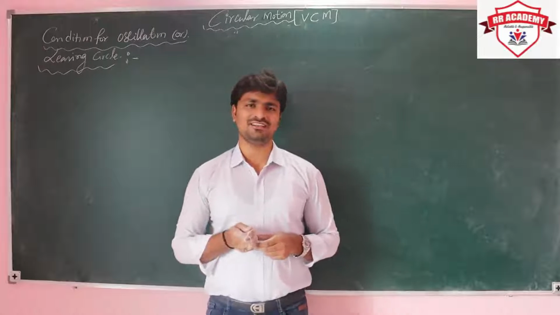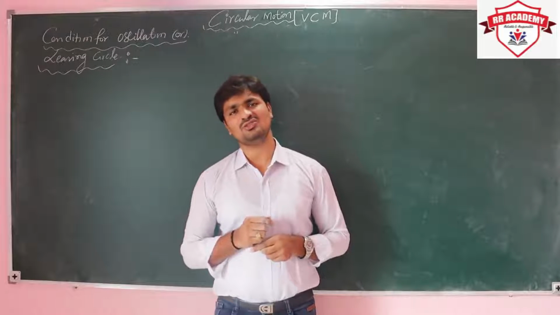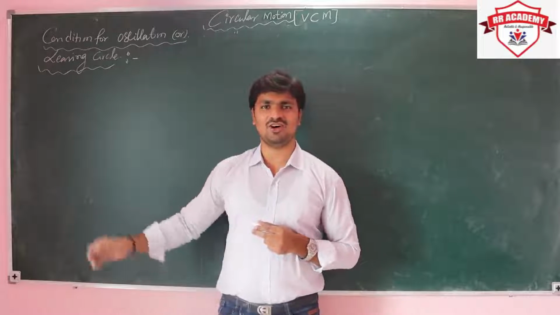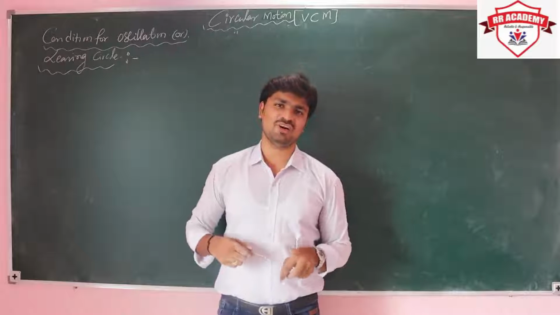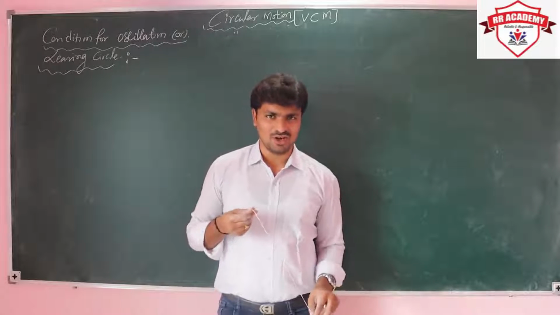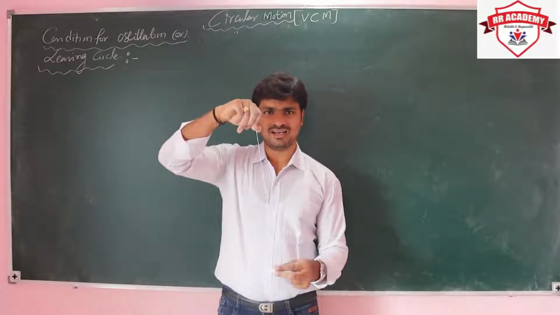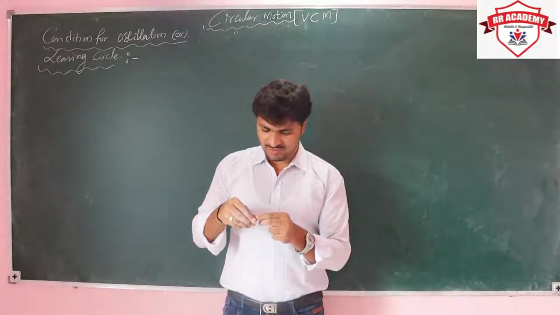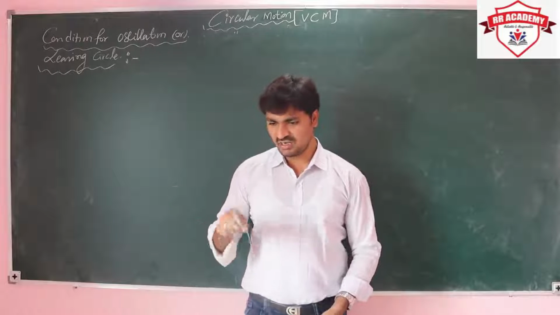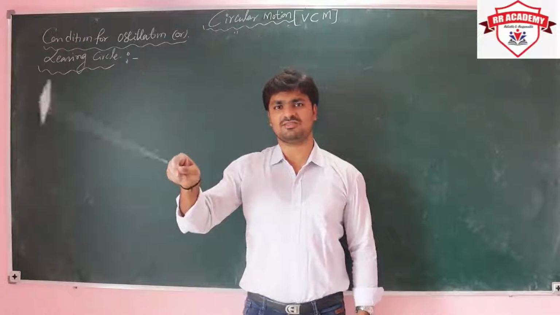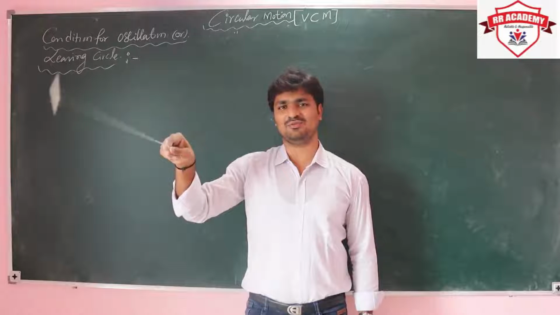So up to now we discussed the condition for looping of a loop. And there are also two other conditions: one is oscillating about the lowest point, and the other one is leaving the vertical circle. How is it possible? First of all, I am considering a body attached to one massless string. If we give the minimum velocity at the lowest point, then it is able to continue the circle like this.